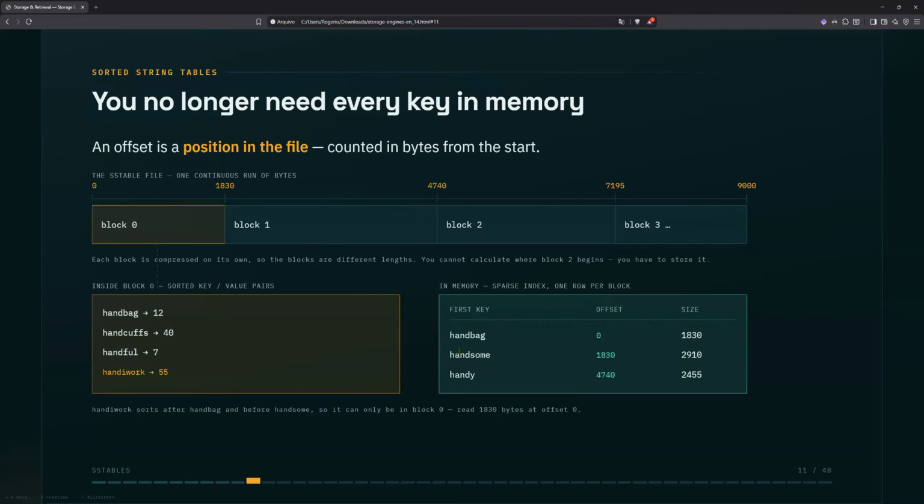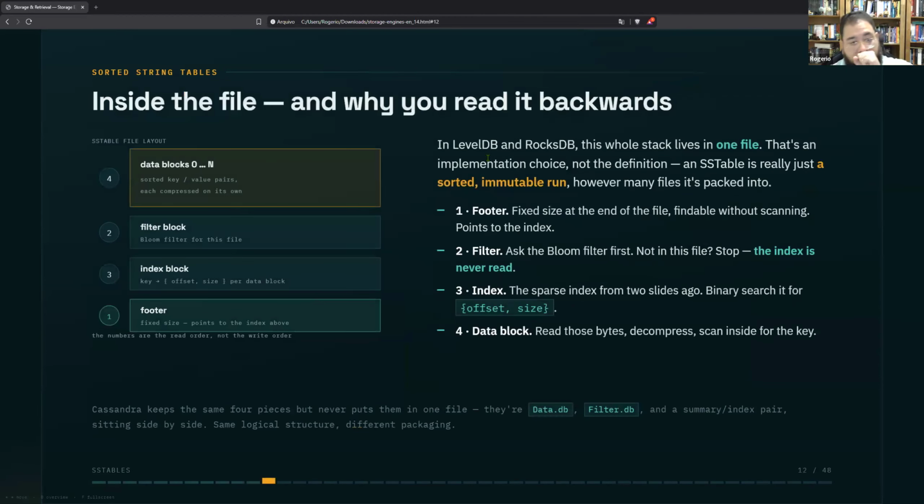It's clear for me. How do you calculate the ideal size of a block? It depends on the implementation. We have a lot of implementations, and we can talk about one. For example, in LevelDB and RocksDB that actually implement this idea, the whole stack lives in one file. And there, I don't remember the size, but each implementation has a size. Your question is pretty good, but it actually depends on each implementation.